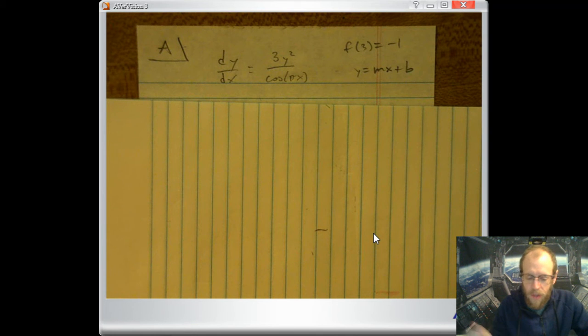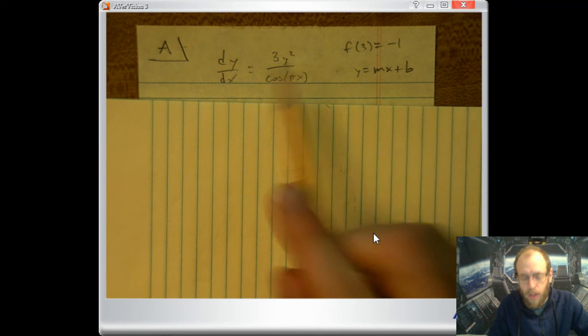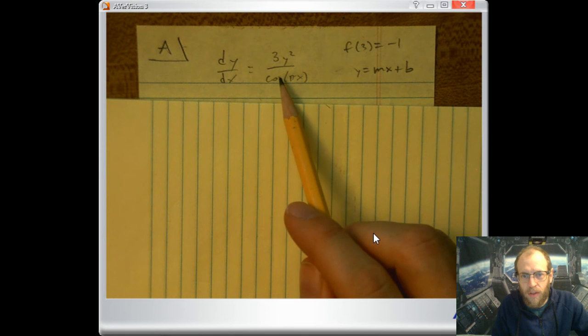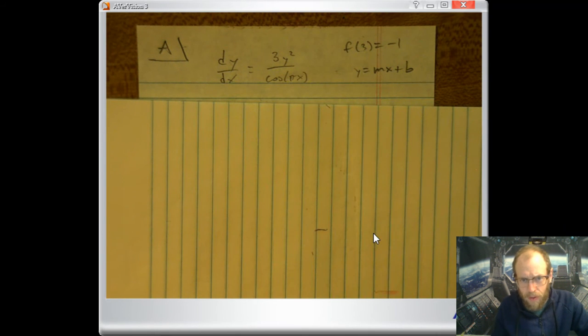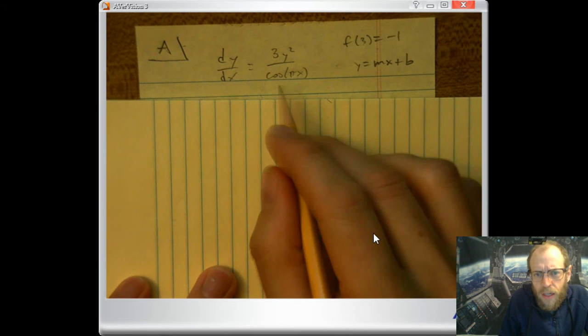So first off, you might be tempted to try and solve this differential equation by separating the variables and integrating, and you definitely can. I don't want to discourage you from doing that. But if you try to solve it that way, one thing you should know ahead of time is that